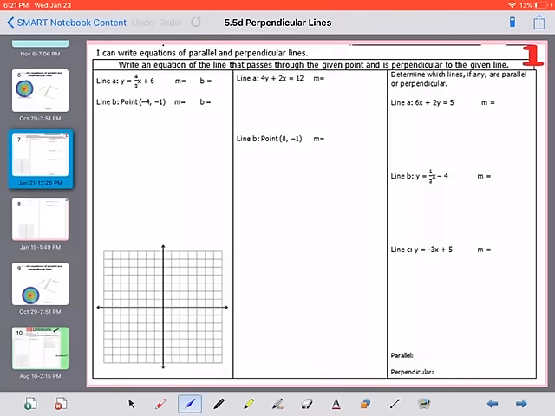So today we are doing our last lesson in 5.5, 5.5D, which is on perpendicular lines. So today we are graphing and finding equations of lines that are perpendicular to each other. So first it says I can write equations of parallel and perpendicular lines. And then our directions say write an equation of that line that passes through the given point and is perpendicular